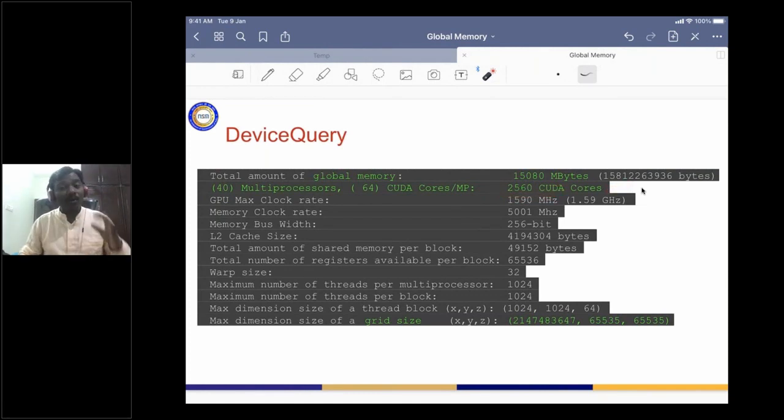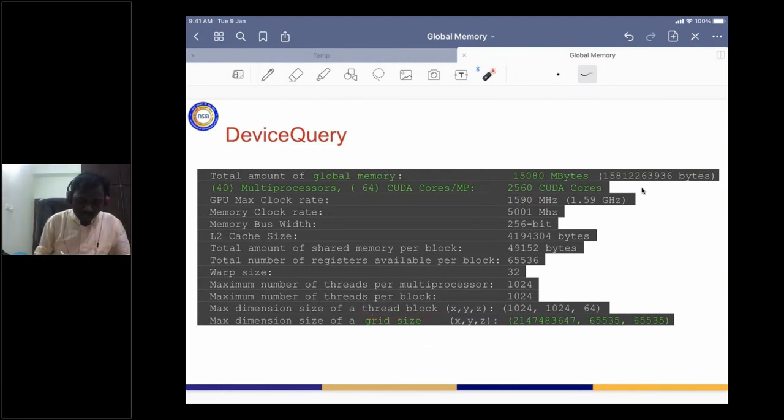It doesn't mean that the number of threads you launch is limited to that. We can launch many more threads than the number of cores available, so that we are able to hide certain memory latencies. Some thread wants to read something and that memory location is not available in the GPU, so it has to go to the global memory and fetch that data. Meanwhile, if there are other threads which can do the computation, so it is always encouraged to launch more threads than the number of CUDA cores.